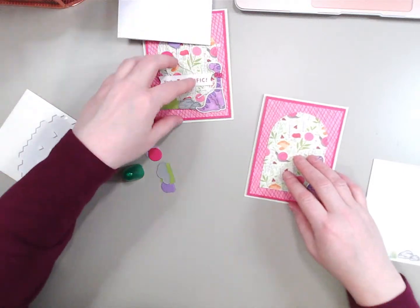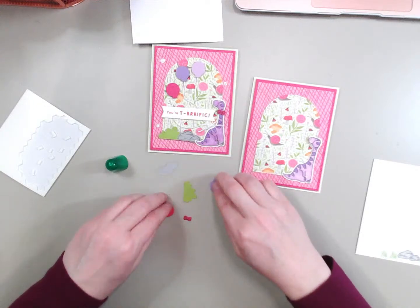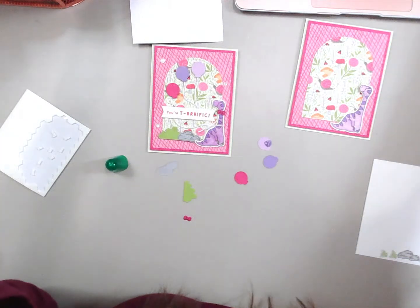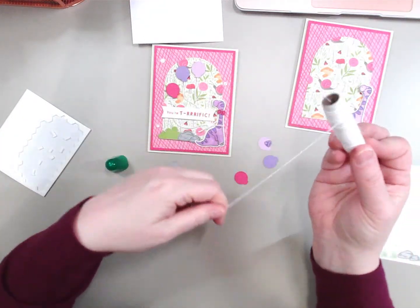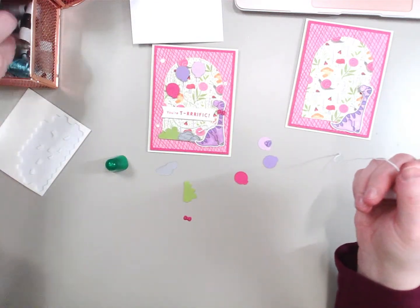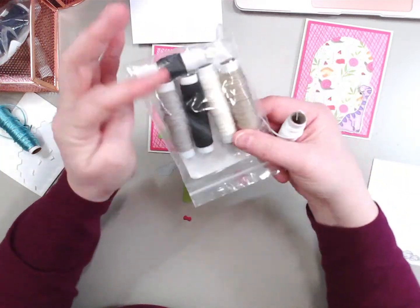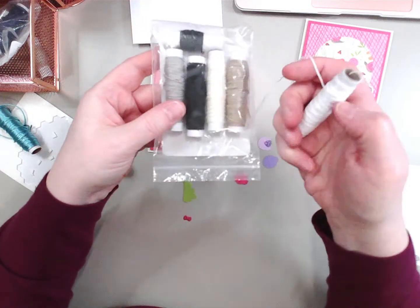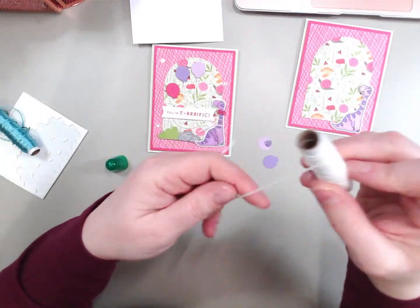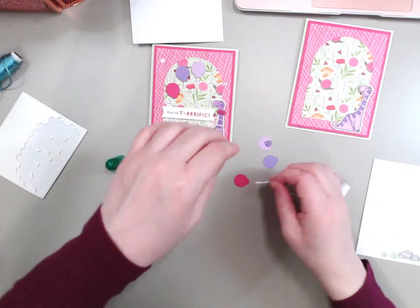All right, so to do my balloons, what I did, I'm gonna flip these guys over. I took some of this white, I think this is the Baker's Twine mix here. Let's see. Yeah, the Baker's Twine Essential Pack. It comes with a bunch of different colors, which includes this white here. So I actually am getting kind of low on this white because I've been using it so much. All right, so what I'm going to do is I'm just going to take my white Baker's Twine here,